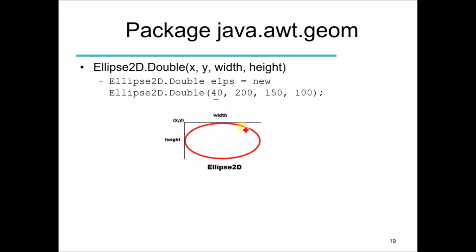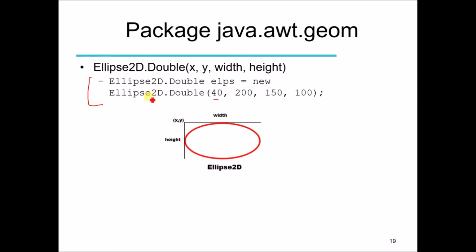Our ellipse or the oval shape is bounded inside the rectangle, and this bounding rectangle has the top left corner x and y, and either the rectangle or the ellipse has the same width and height. But actually this is only for creating the ellipse object. The rectangle is not going to be shown or constructed. It is just a concept to create the ellipse inside some bounding rectangle.